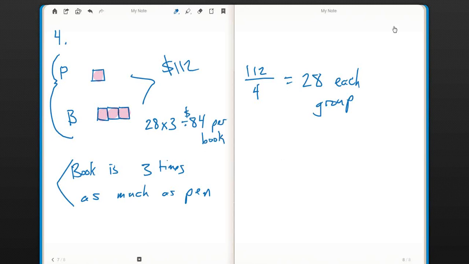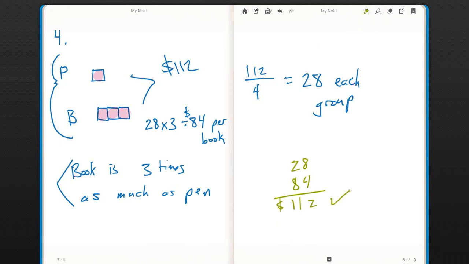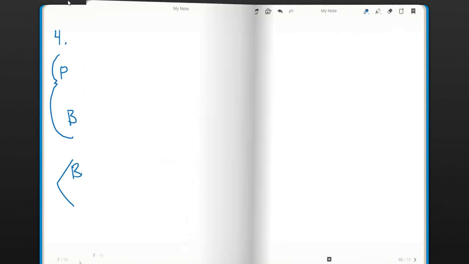Now, again, let's check our work. What we're saying is that the pen is $28 and the book is $84, and if we add that together, sure enough, we come up with a total spent of $112. Once again, I'm convinced I've done it correctly and gotten the answer that I was looking for. Moving on to exercise 10,